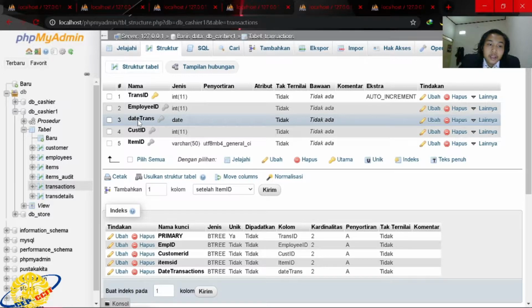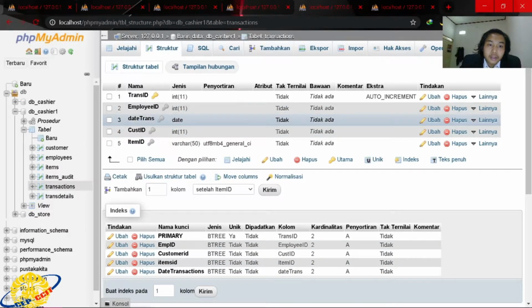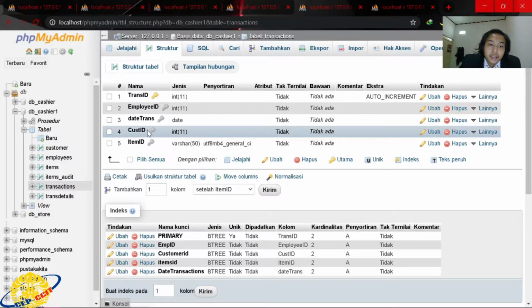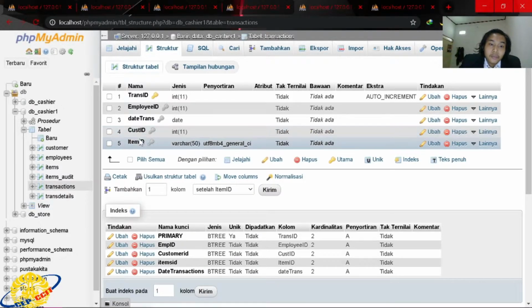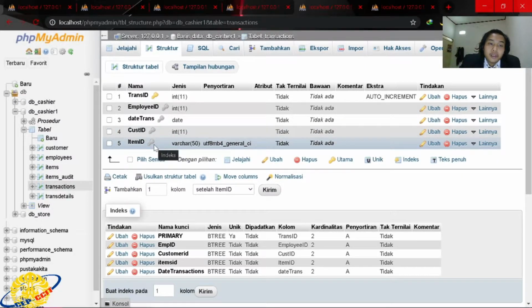The third is date trans, the index is date transaction, and the type is date. Fourth is cash ID, integer 11, the foreign key from the table customer. And the fifth is item ID, varchar 50, the foreign key from the table items.